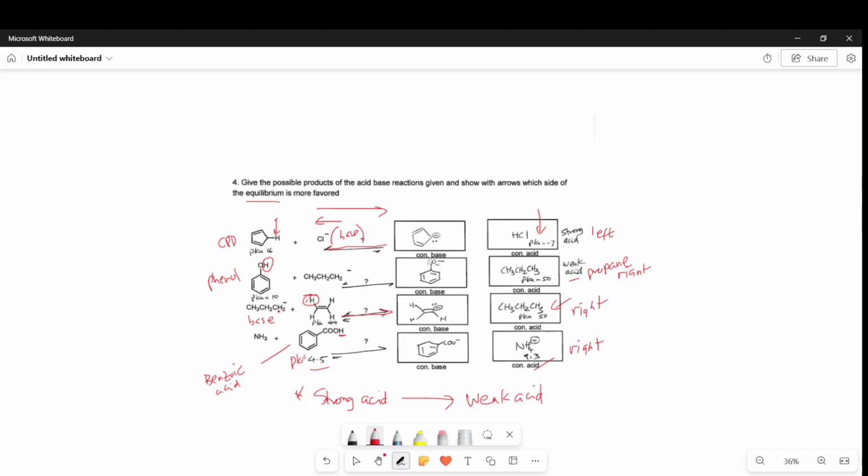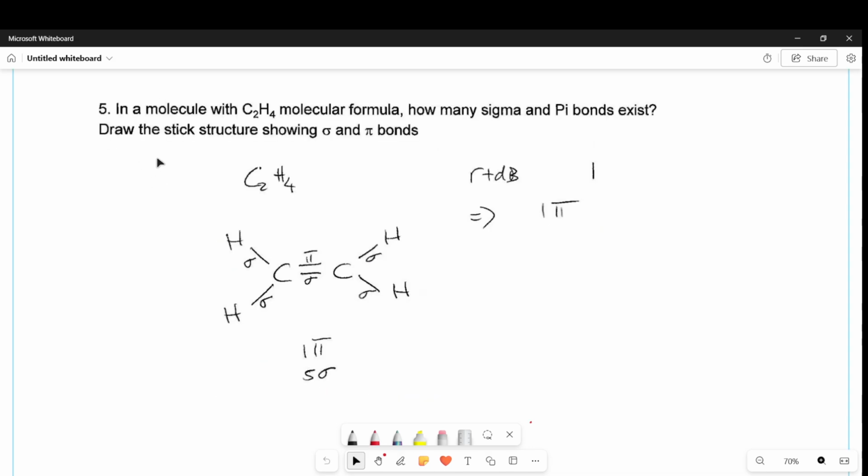So we'll continue to the next question. Okay, question number 5 is not very difficult. It's a very easy question. In a molecule with C2H4 molecular formula, how many sigma and pi bonds exist? Draw the stick structure showing sigma and pi bonds. If you just look at C2H4,